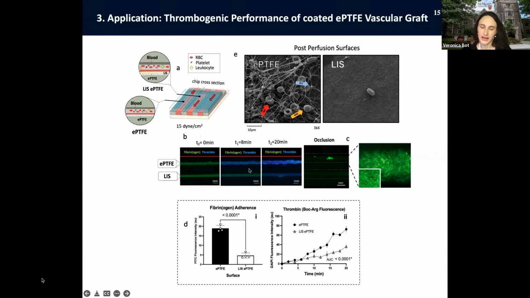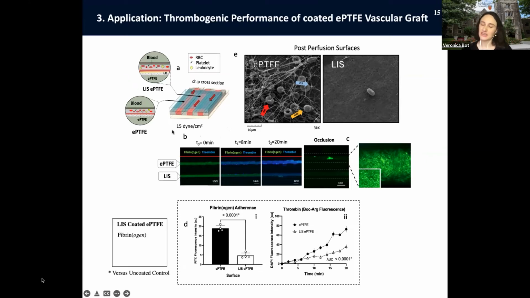The fluorophore amidomethylcoumarin is cleaved by the enzyme thrombin and generates this blue color, whose intensity is proportional to the extent of thrombin activity. So it gives us sort of a structural indicator as well as a functional indicator of the extent of clot formation on these surfaces. Of interest, leveraging microfluidics and wall shear stress, we applied an arterial wall shear stress, such as what would occur in a lower extremity bypass, which is a failure-prone scenario in a clinical setting.